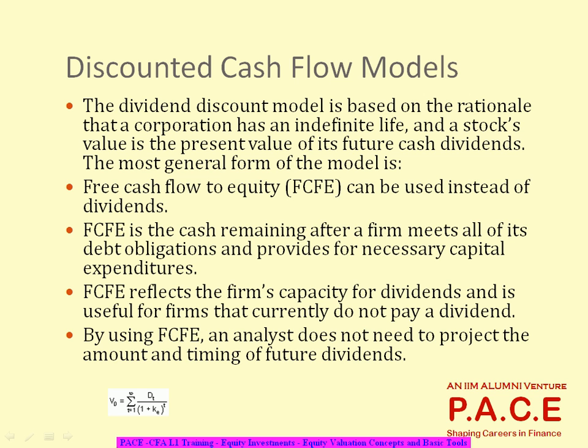Right? Now, if there is a company which is not giving dividends, there could be some companies which may not pay any dividend, which means they are retaining 100% of their profits. Then you cannot say because dividends are zero, the present value of all of them is going to be zero. You cannot say that this company is worth zero, right?